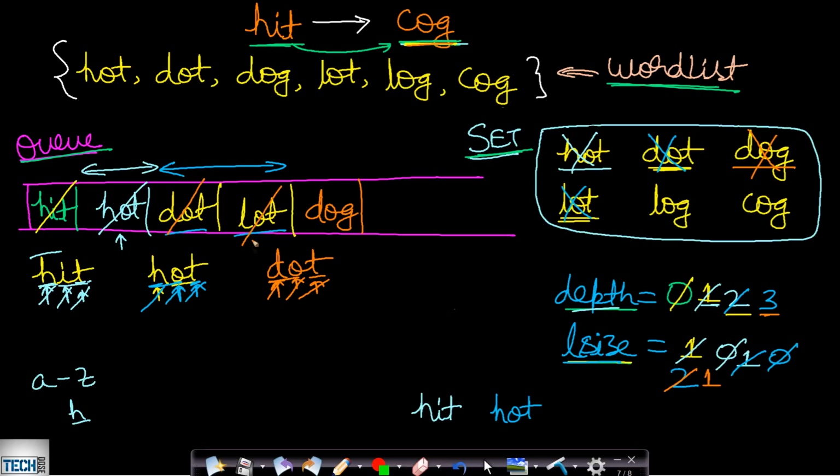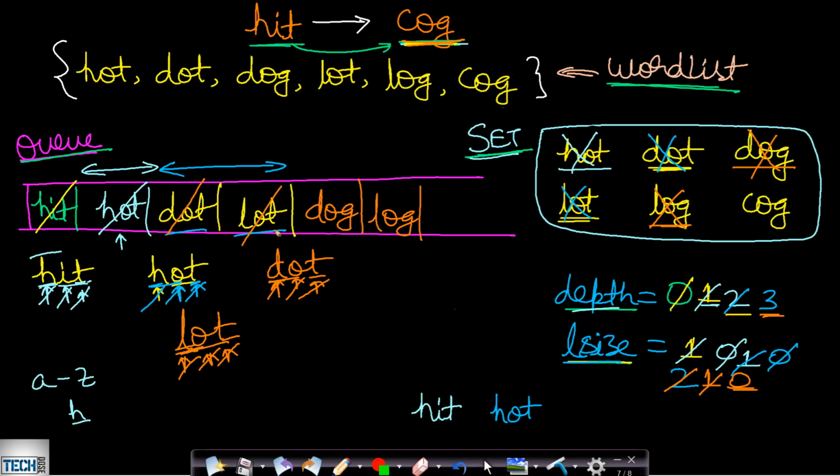So now you take out the next word, which is lot. Now you do the same operations for lot. So is there any word ending with OT here? No. Is there any word starting with L and ending with T? Okay, no. Is there any word starting with LO? Yes, there is LOG. So you will remove lot and insert LOG into the queue because log is not equal to cog. Okay. Now you will also decrement your L size because this is also processed. So this will become 0. Now L size 0 is indicating that this level 3 has also been processed.